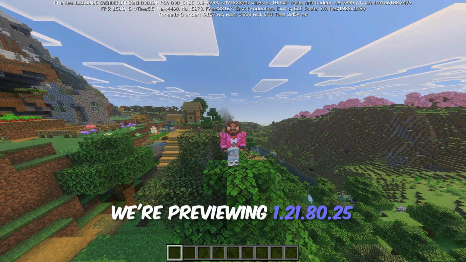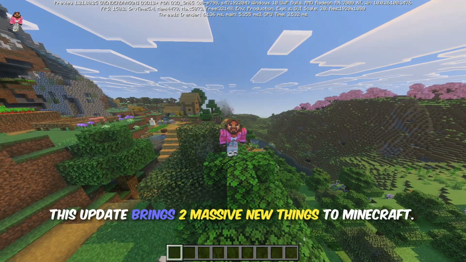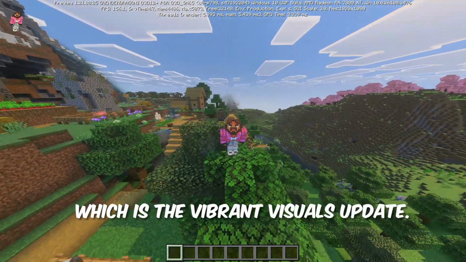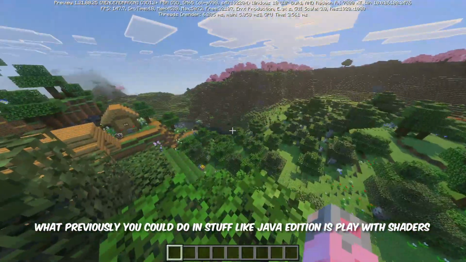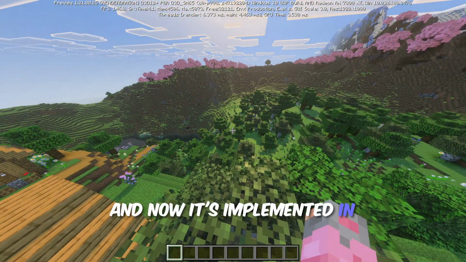We're previewing 1.21.80.25, technically 1.21.8. This update brings two massive new things to Minecraft. The first being what you see right now, which is the Vibrant Visuals update. It almost looks like I'm playing with shaders. What previously you could do in stuff like Java Edition is play with shaders, and now it's implemented into Minecraft